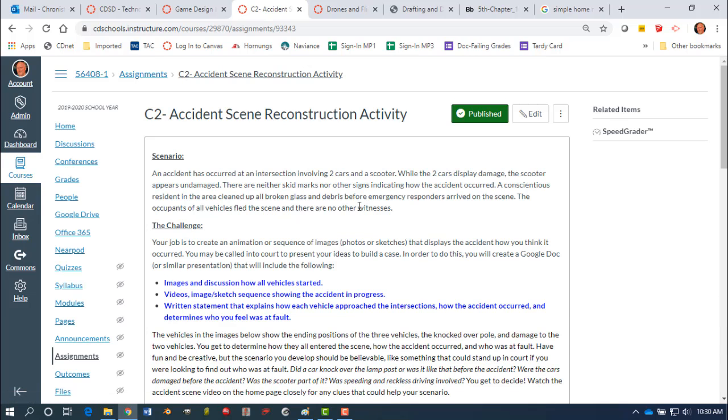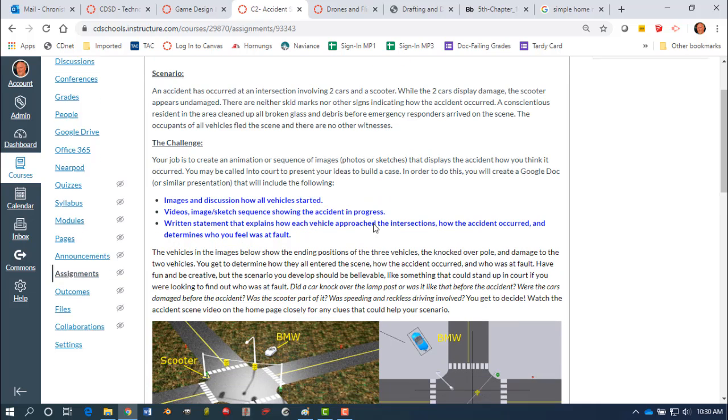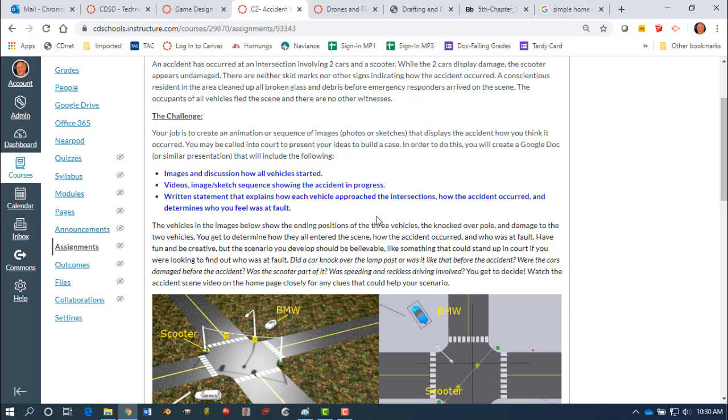So your scenario. An accident has occurred at an intersection involving 2 cars and a scooter. While the 2 cars display damage, the scooter appears undamaged. There are neither skid marks or other signs indicating how the accident occurred. So somebody cleaned everything up. There really is nothing to tell you how it occurred. So your job is to actually create your own animation of how you think the accident occurred and who is